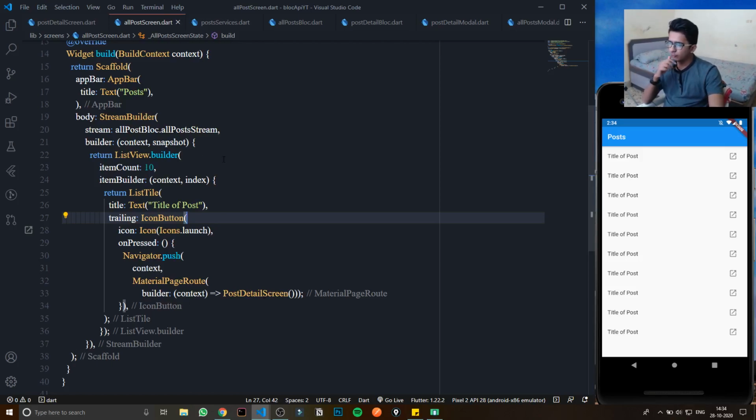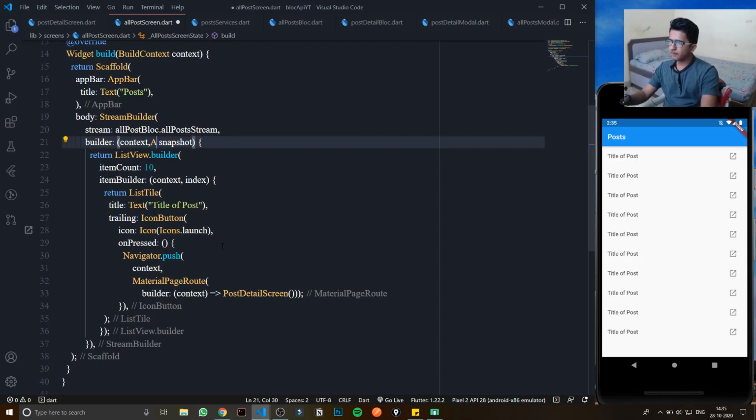Now what I can do is just replace this title of the post with the data. Here in the stream I can specify what type of exact data I am getting. Why am I doing that? Just a second.